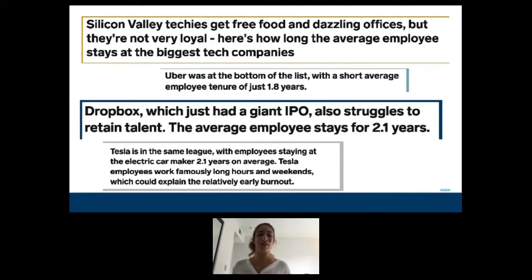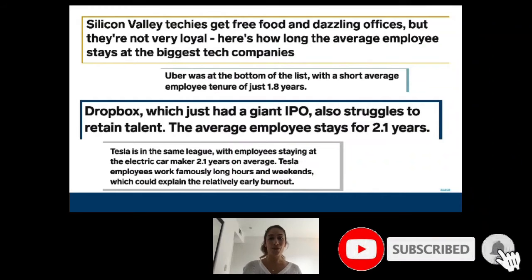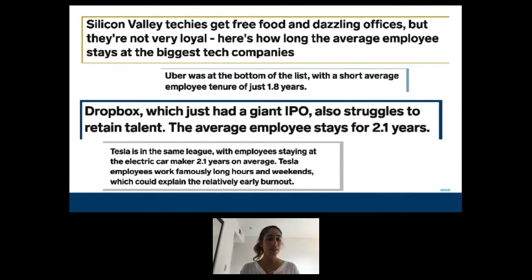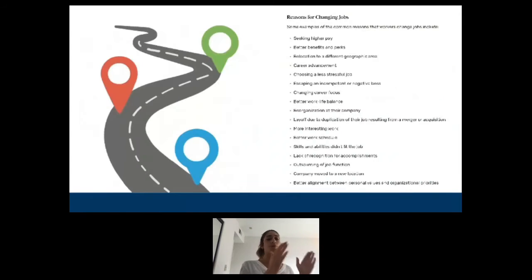So I'm not going to make an argument as to why the numbers are the way they are, but this is just the fact. I'm just putting up what the facts are. So we're seeing a shortening of the tenure of employees in these tech companies. So what this ends up doing to our career journeys, right? What our journeys start looking like is more like a winding road rather than a linear path of just promotions, right? So you'll see people doing a lot more horizontal shifts rather than necessarily vertical shifts, with no lack in increase in pay and difference in skill sets that are being leveraged, and potentially happiness.